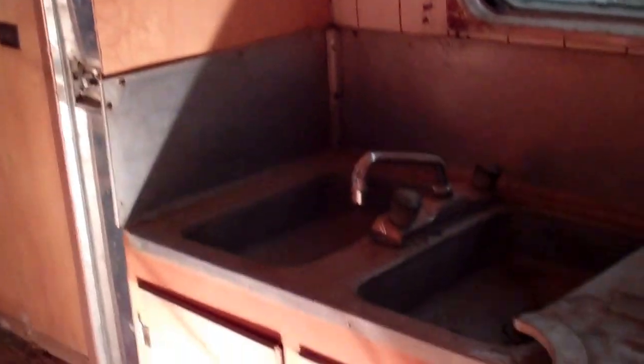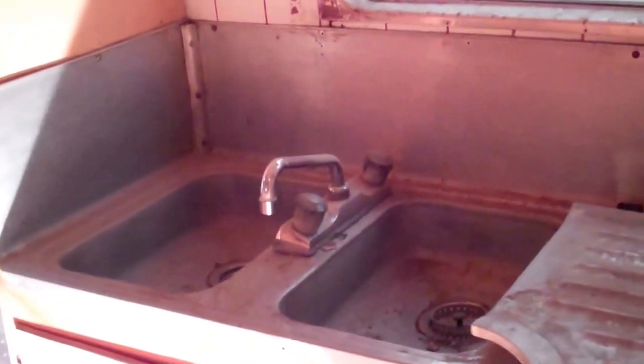In the kitchen area, all the wood and everything in here is great, as are the ceiling panels. Now this is the setup in the 47. The sink is on the curb side, as you can see, and it has the taller stove. We won't be able to use this area